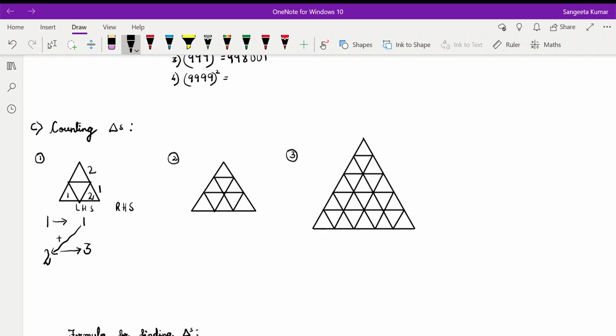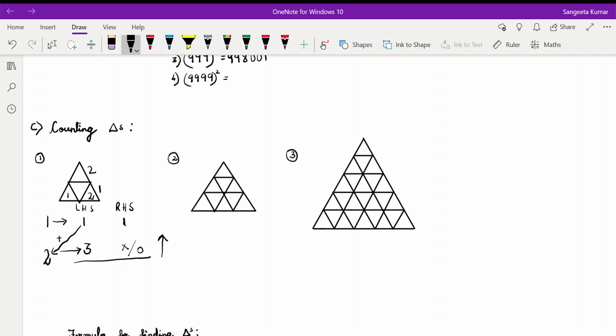Now on the right hand side, the rule followed is, from the bottom you have to move towards the top, and on the right hand side you have to skip one, means you have to skip this number. Either you can put a cross here or you can put a 0, and then whatever number is here you have to write it here on the right hand side. So this is 1, so we take this as 1. From the bottom we have to start. So this 3 is taken as 0 or cross, and then you have to write the number on the left. So here we have 1. You can call it skip 1, write 1 from the bottom.